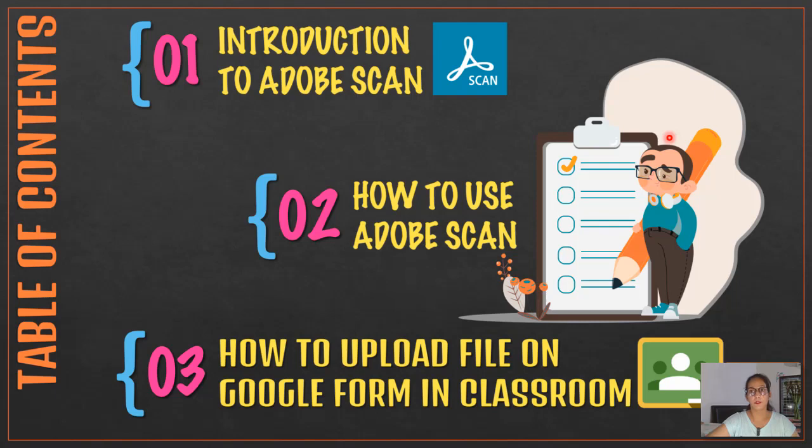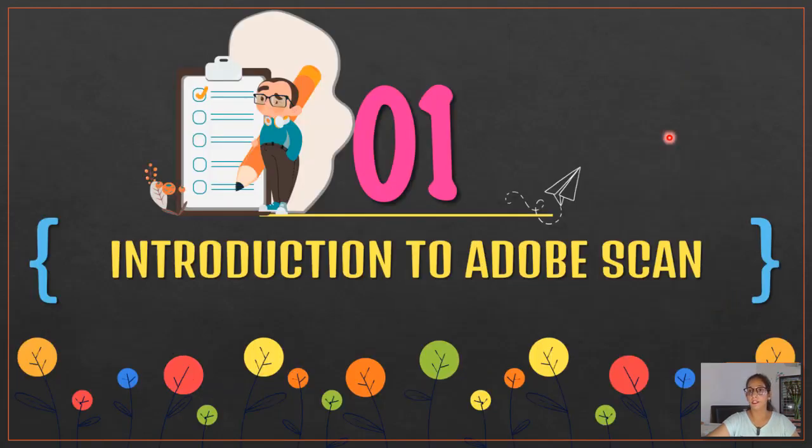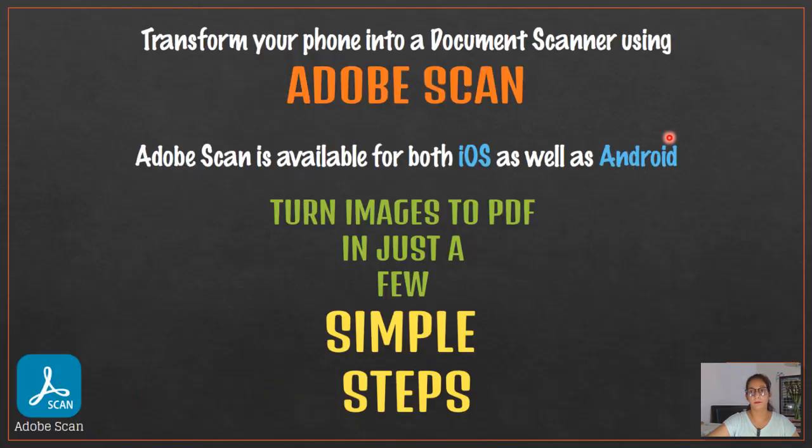The purpose of this video is to guide you on how to upload or submit your subjective exam paper. Here we shall see what Adobe Scan is, how we shall be using Adobe Scan, and how we will be uploading the paper written online. Beginning with the first part of the presentation, we require that your submitted paper should be in the form of a PDF. The reason behind that is it is going to be printed and then checked by the teacher manually for your assessment. So let's begin with how to convert an image into a PDF.